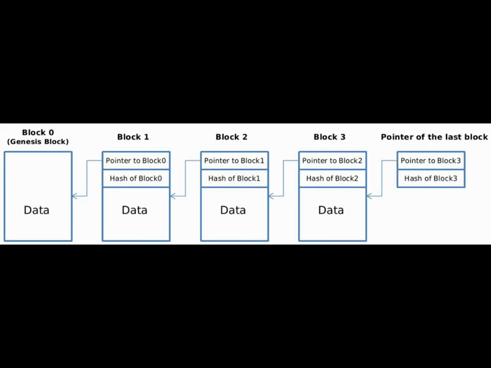In this blockchain, we see each block containing transaction data and also the pointer and hash of the transactions within the previous block. So for example, here in block 1, there's transaction data, but then there's also a pointer linking to block 0 and also the hash of the transaction data within block 0. The same with block 2. Block 2 has its transaction data, but it also has a pointer that relates to the previous block before it, so block 1, and also the hash of the data stored within block 1,